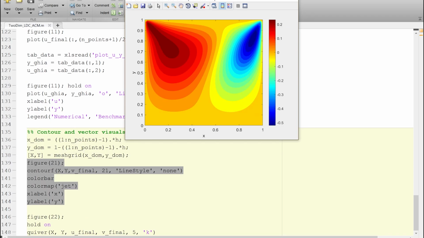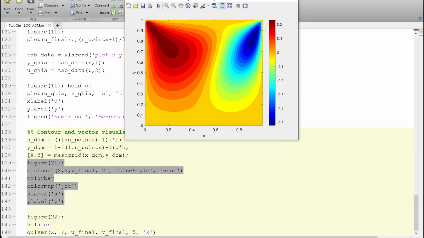And the final thing that I'm going to plot or visualize for this flow field is the vector flow field. Because at every grid point we have the magnitude of the U and V velocity, corresponding to that we can create a velocity vector, and based on that vector field we can visualize the bulk of the flow.